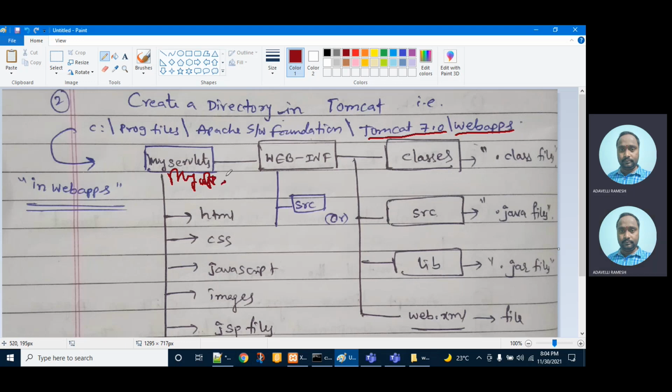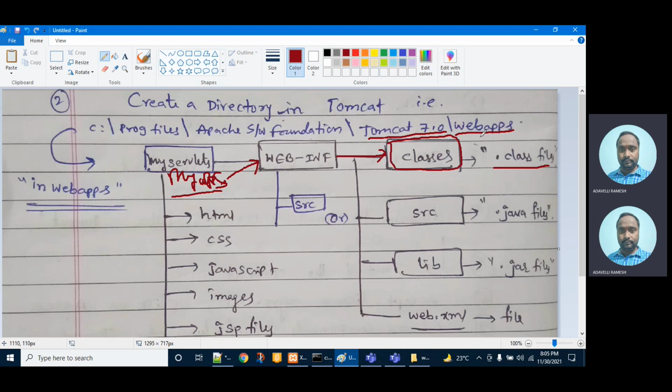Next, inside this myapps, there must be one folder called WEB-INF. Inside this WEB-INF, there is one more folder called classes. Your servlet .class files must appear in this particular folder only.